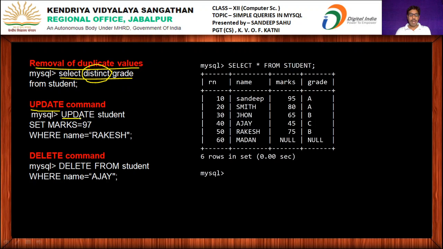Syntax is update, then the name of the table, set, then what you want to set, column name equal value, where condition. After that, the delete command. This command is used to delete a particular record under a certain condition. Syntax is delete from table name where condition. So let's again understand these things with practical execution.